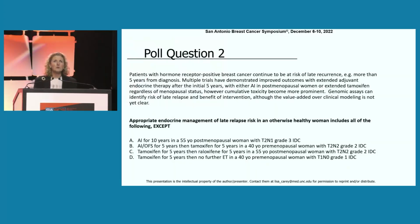Okay, poll question number 2. Patients with hormone receptor positive breast cancer continue to be at risk of late recurrence, meaning more than 5 years from diagnosis. Multiple trials have demonstrated improved outcome with extended adjuvant ET after the first 5 years with either AI in postmenopause or extended tamoxifen regardless of menopause. However, cumulative toxicity becomes more prominent. Genomic assays can identify risk of late relapse and benefit of intervention, although the value added over clinical modeling is not yet clear. Appropriate endocrine management of late relapse risk in an otherwise healthy woman includes all of the following